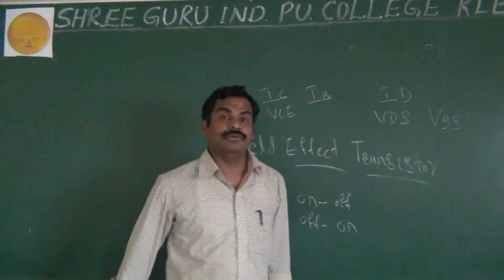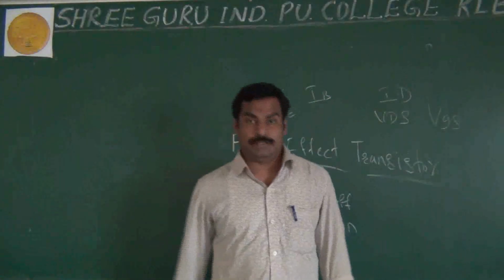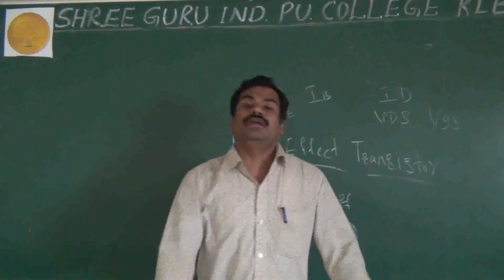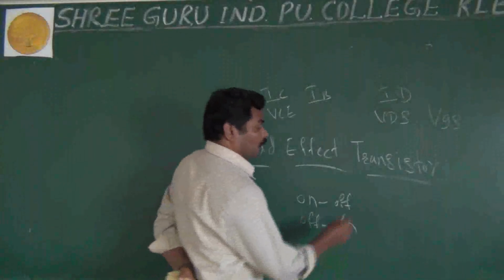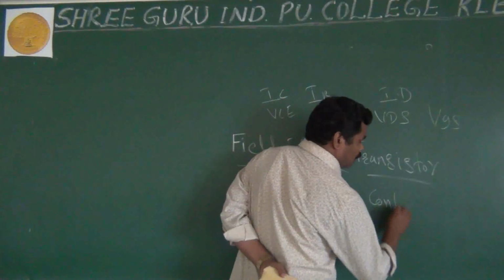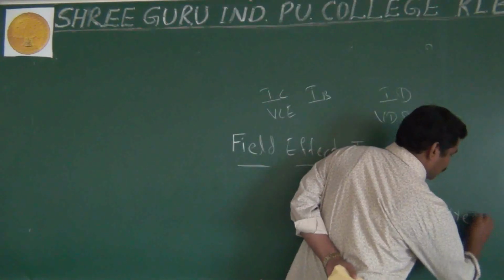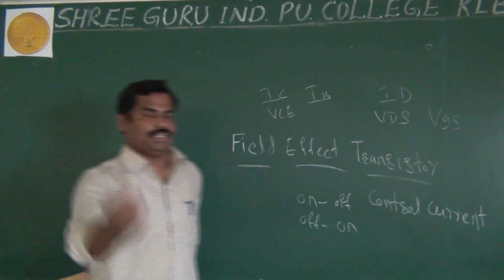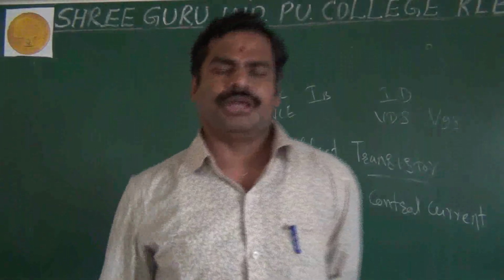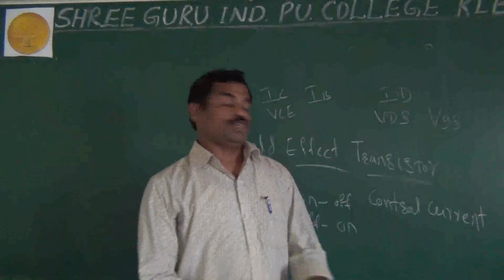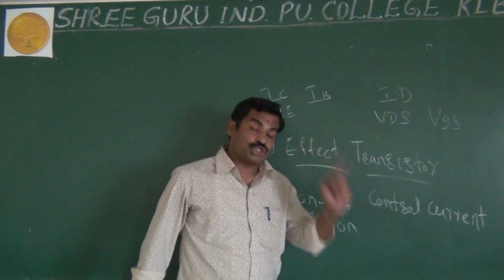Another important thing that is not possible in conductors is to control the current. Why are we giving more importance to electronic devices? Because in electronic devices it is possible to control the current. It is not possible in conductors. As we know, in conductors current can easily flow, but it is not possible for conductors to control the current.